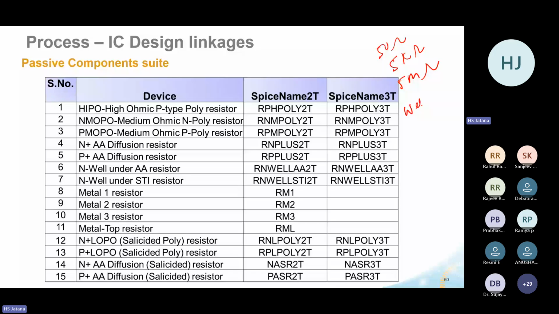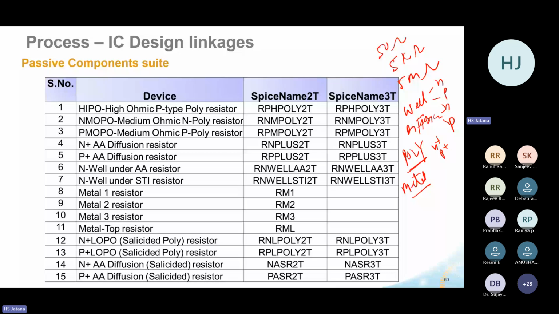Resistors can be made in well, which can be N and P, so the sheet resistivity will vary. Resistors are also made in diffusion, which can be N and P. Again, their resistivity will vary. Resistors can also be made in poly, and poly can be implanted with N plus or P plus to different dosages, so that sheet resistivity can vary. You can have a medium poly or a high poly resistor. Then there are resistors in metal level, which have very low sheet resistivity, in milliohm per square. Then you can have salicided resistors,